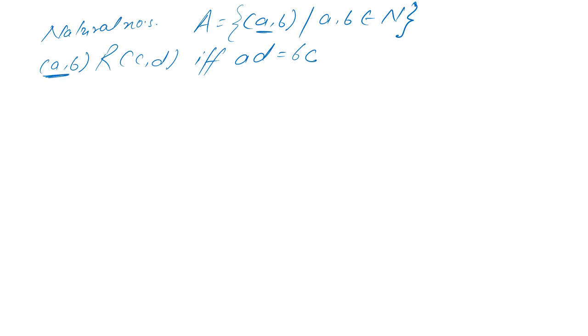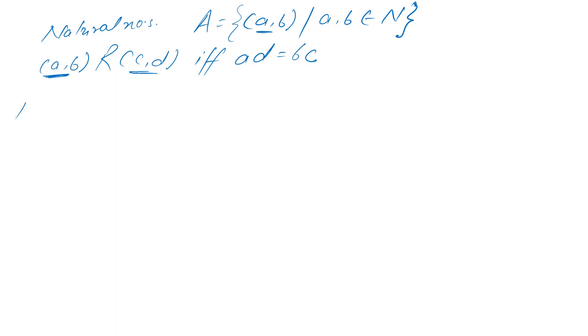See, this pair is an element of the set. This pair is yet another element of the set. The set is no longer a set of simple numbers. It is now a set of pairs. So the relation will be a set of pairs of pairs. Now you'll see this question is not much different from the ones that we have solved earlier.